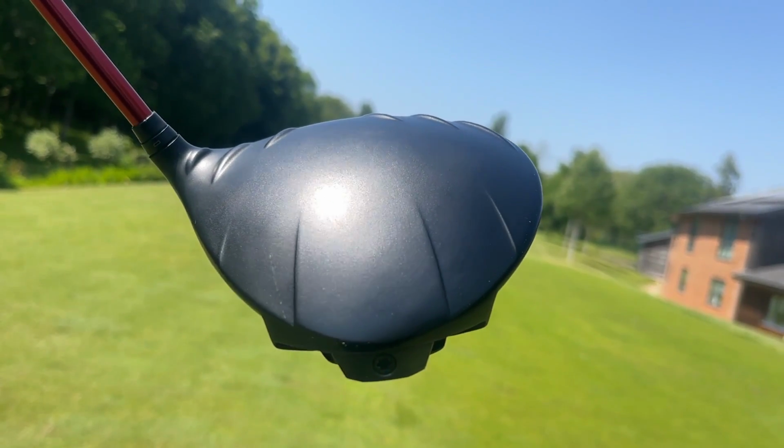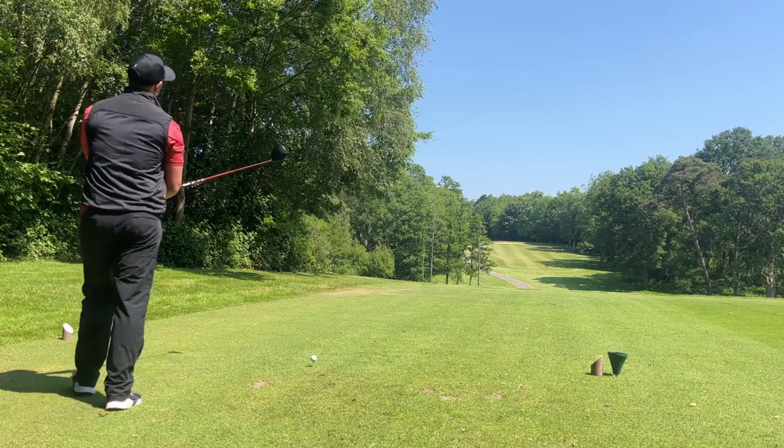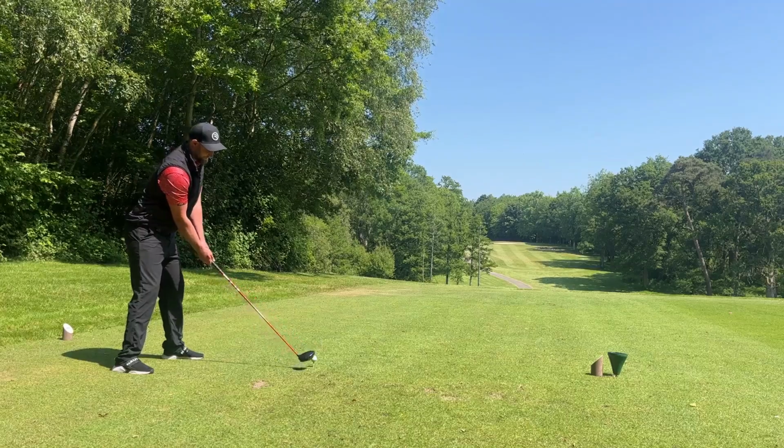And the reason that I can't argue with facts, even though I don't like the sound of the thing, and why I'm quite shocked Viktor hasn't got the G430 in the bag, is if you look at the second-hand prices of this thing,